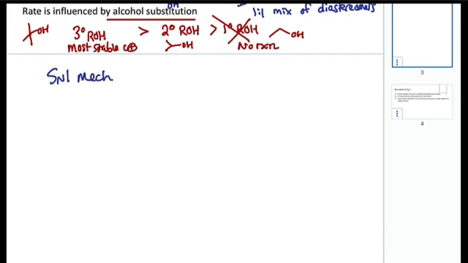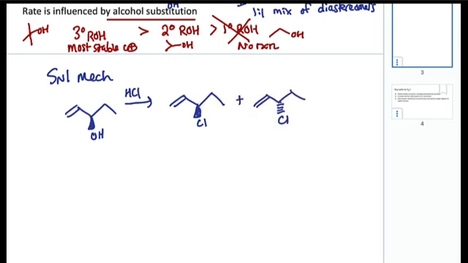Okay, so for the SN1 mechanism, let's start with this alcohol from our first example, and HCl, and show how these products form. What is the mechanism by which we're going to form this mixture of products we said that we were going to make? All right, so the first step is going to be